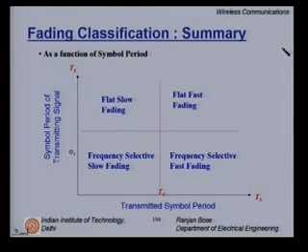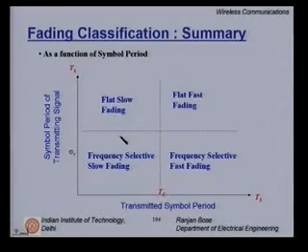Right. So, if you are in a frequency selective environment, then frequency diversity will be useful. If you are in a fast fading environment, you have to use time diversity. Okay. If you are in a flat slow fading situation, then maybe you have to resort to increasing the transmitted power to overcome the effects of fading. It is a bad situation to be here.